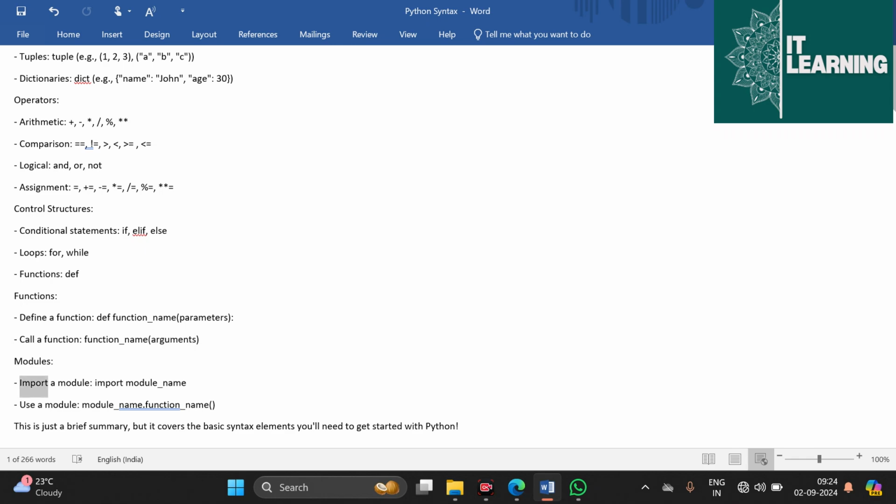Modules. Import a module: import module_name. Use a module: module_name.function_name. This is just a brief summary, but it covers the basic